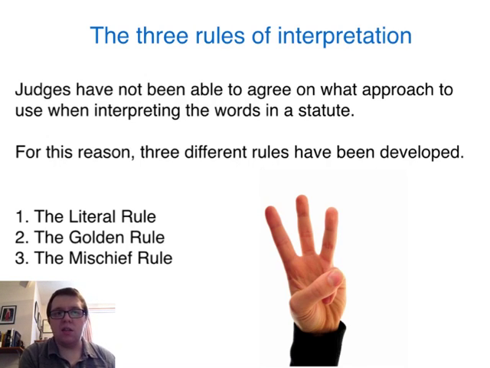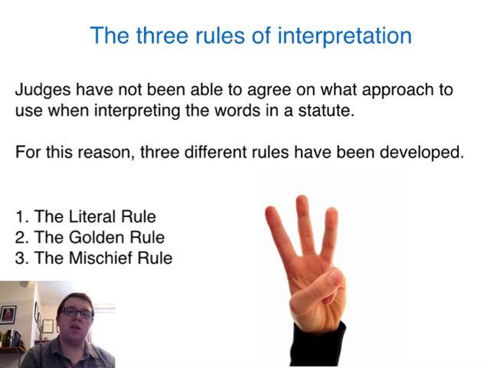So for that reason, over the number of years, there has been the development of three rules in how words in statutes can be interpreted. Now, judges haven't been able to agree on what approach to use, so for this reason there are three rules of interpretation which we need to learn about. So the first is the literal rule, the second the golden rule, and then as things developed even further, the